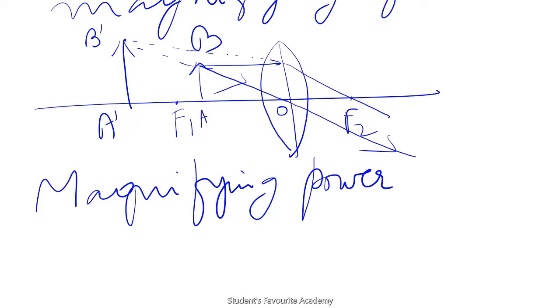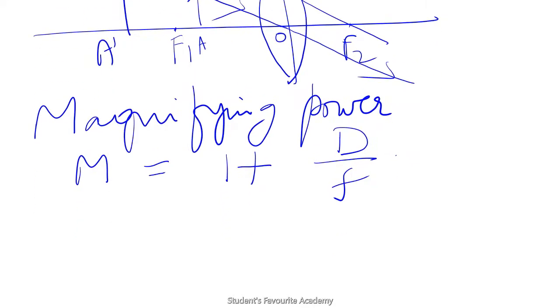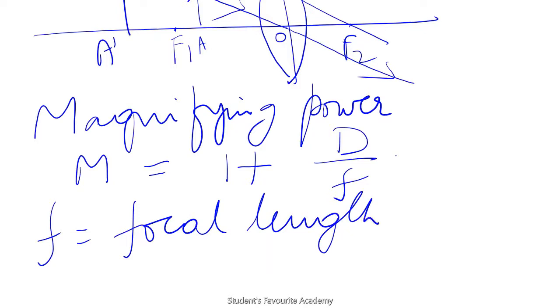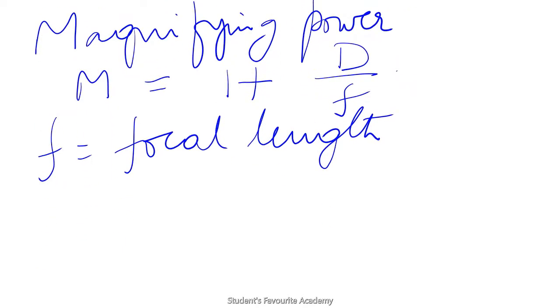Magnifying power of a microscope is given by the formula: magnifying power, denoted by capital M, is equal to 1 plus D upon F, where F is the focal length of the lens and D is the least distance of distinct vision, that is numerically equal to 25 centimeters. Okay, so